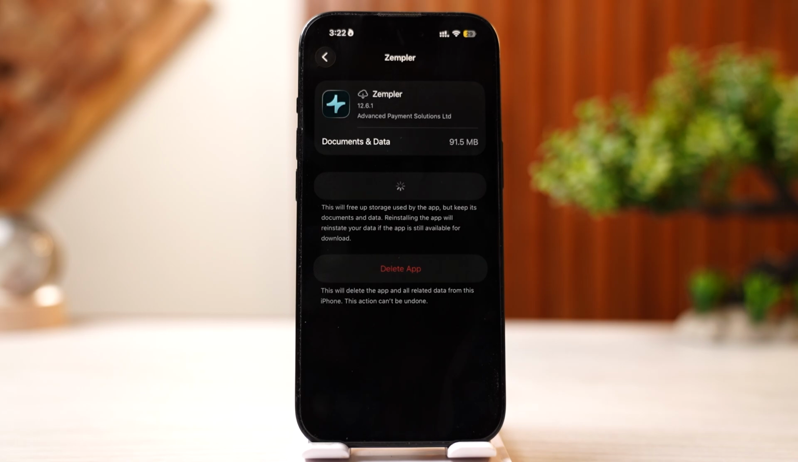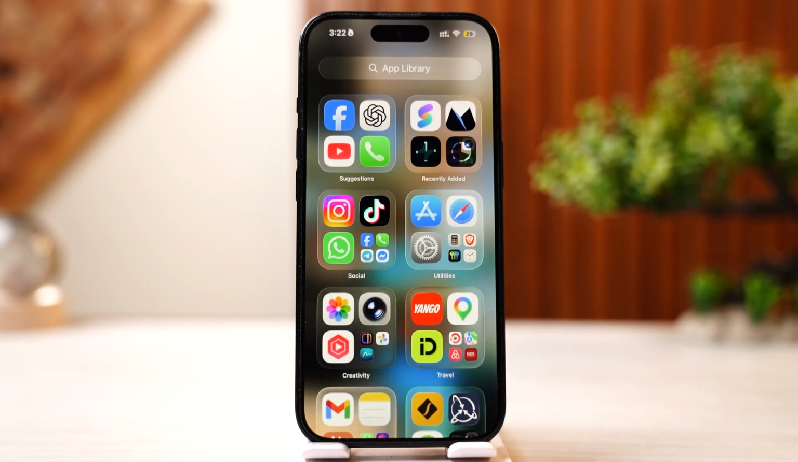However, if some problem comes up, you can simply restart your device once and open the app again to log in into your